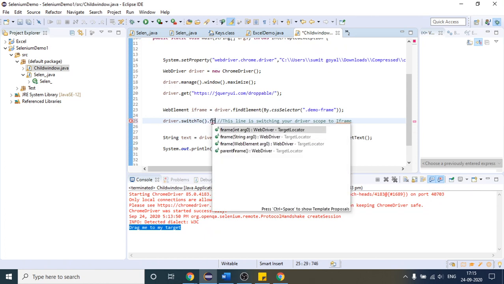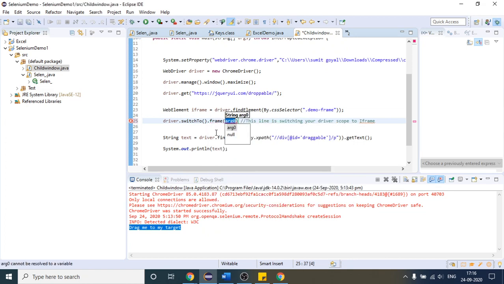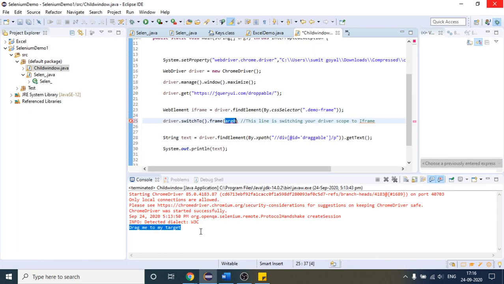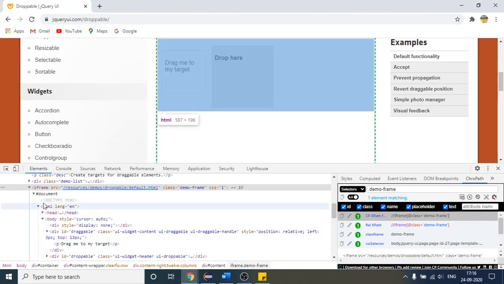Consider this one here. Inside this as well, you can provide the id in the form of a string. So what is the id? If I try to see, let me come here, and let me close this. This is my original browser.